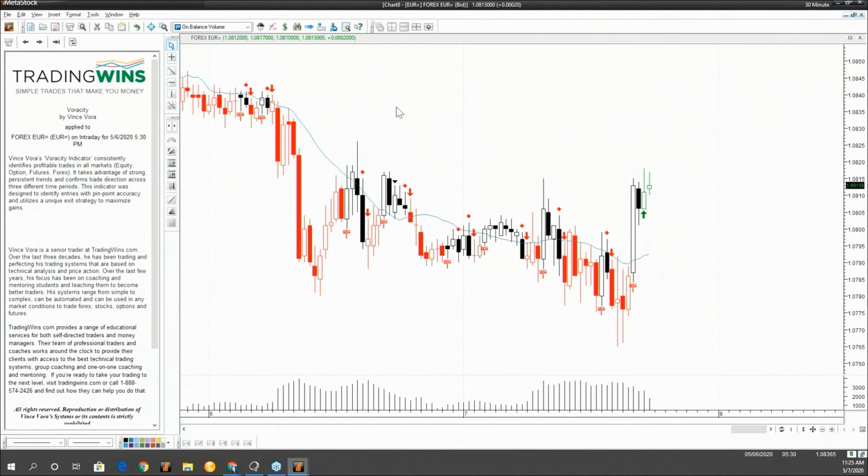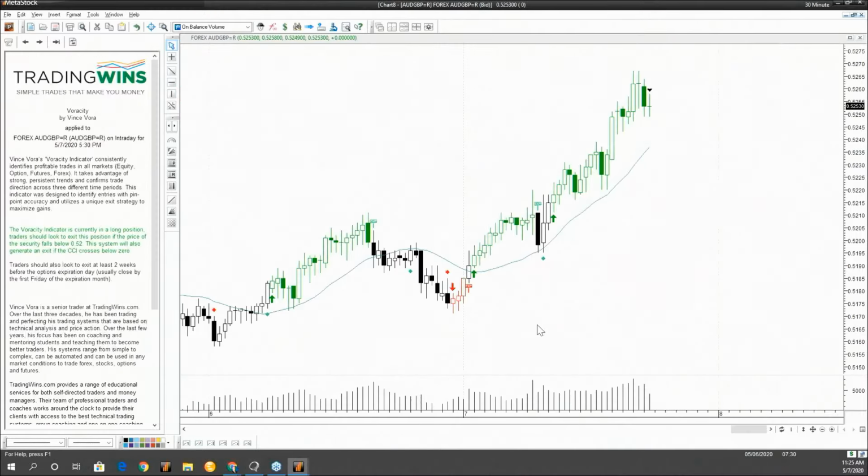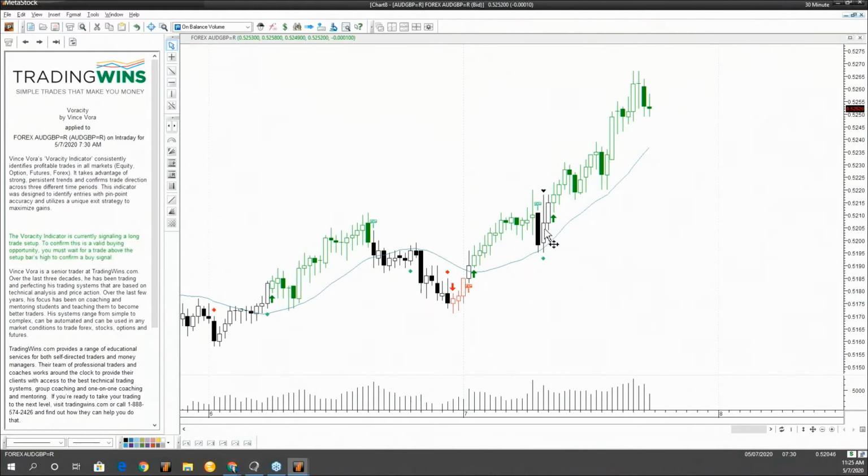Let's take a look at the pound. Let's go here. See how they did on that one. So I'm still on a 30-minute chart. Voracity got us in on this last setup. We'll just look at our last move that we had. It got us in at 0.522. As long as it crossed above once you put your limit order in, obviously you can put as many contracts as you want, and then you would still actually be in this trade. It hasn't given you any short exits off of the long.